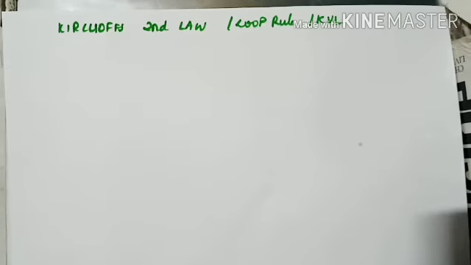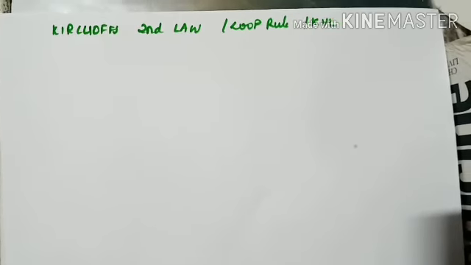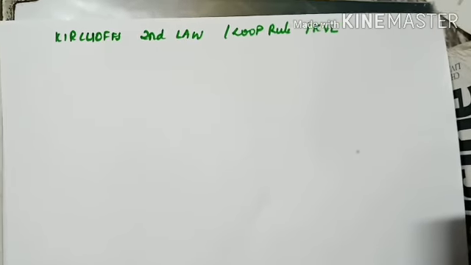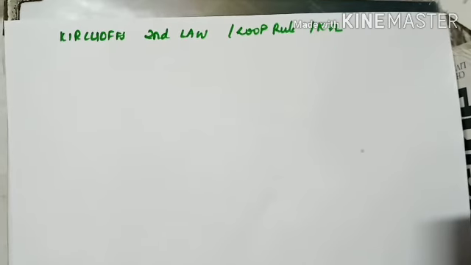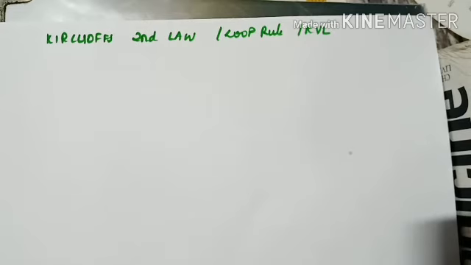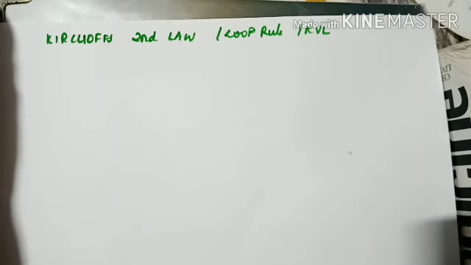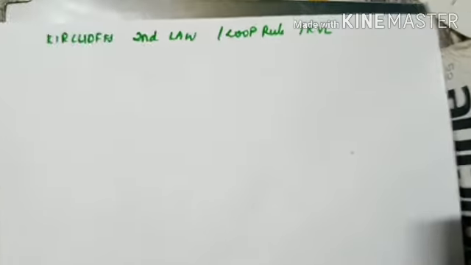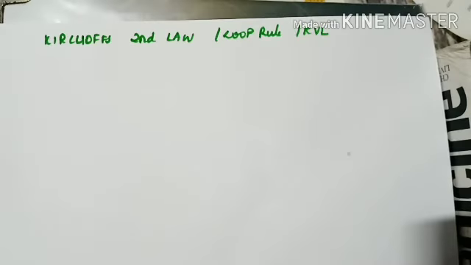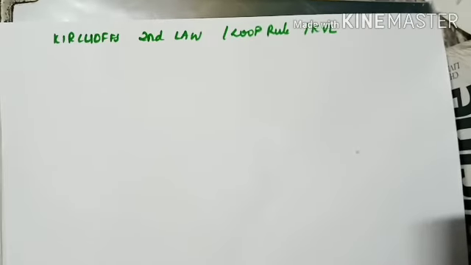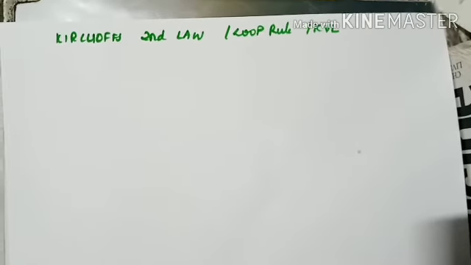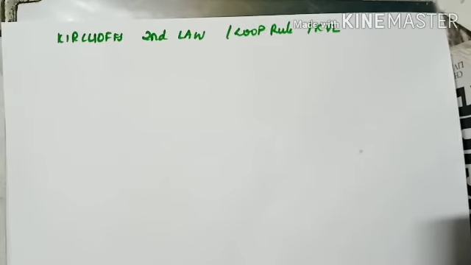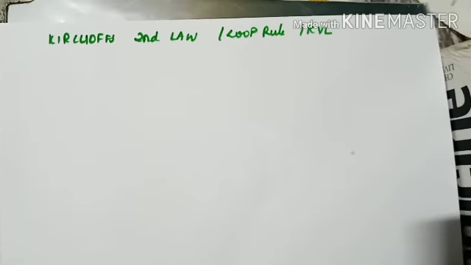Now let's move on to one of the main topics for this entire chapter, and I can say for the entire year, Plus 2, Class 12th, that is Kirchhoff's second law, also called the loop rule or KVL. Clear? Understand it, guys. It's a very long section, so if you feel I am taking it too speedily, pause it, repeatedly hear it, understand it.